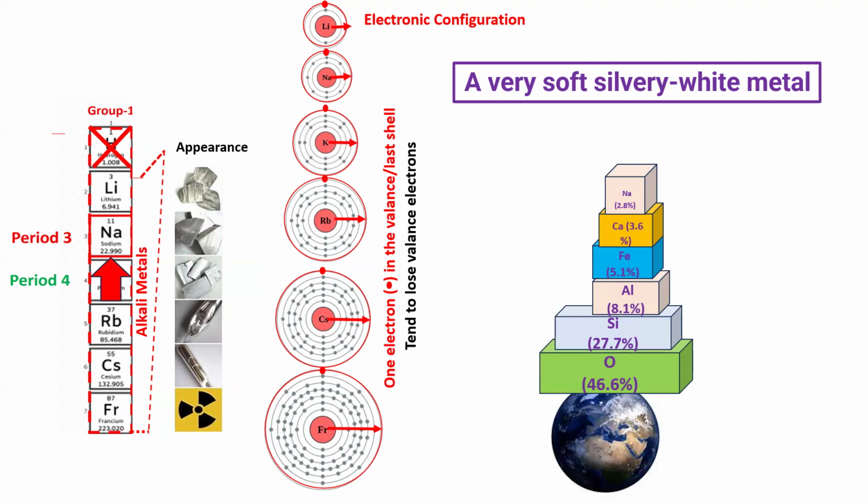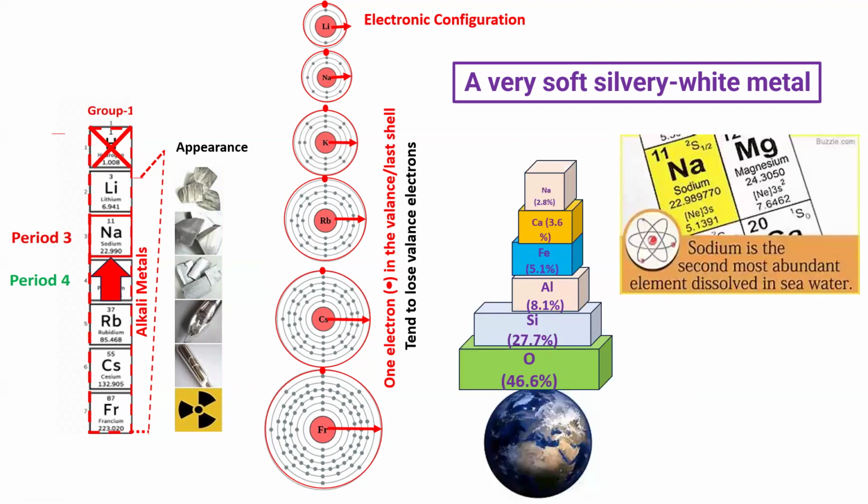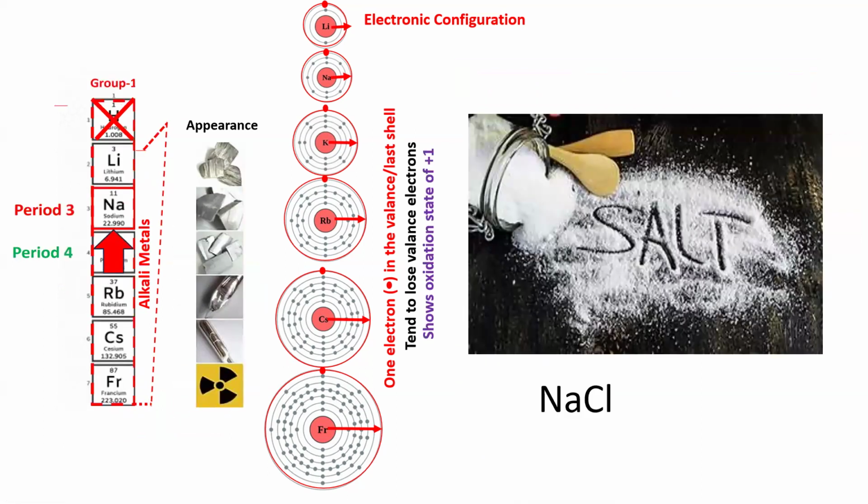And why we are discussing it, like there could be a significance because it is the sixth most abundant element over the earth crust. Like oxygen is the first, then silicon, aluminium, iron, calcium, and at the end sodium is the sixth most abundant element on the earth crust. And not only on the earth crust, it is the most abundant element that is dissolved in the seawater. It is also available in our daily life. It is like a component of the table salt, sodium chloride, that is the major component or major member of